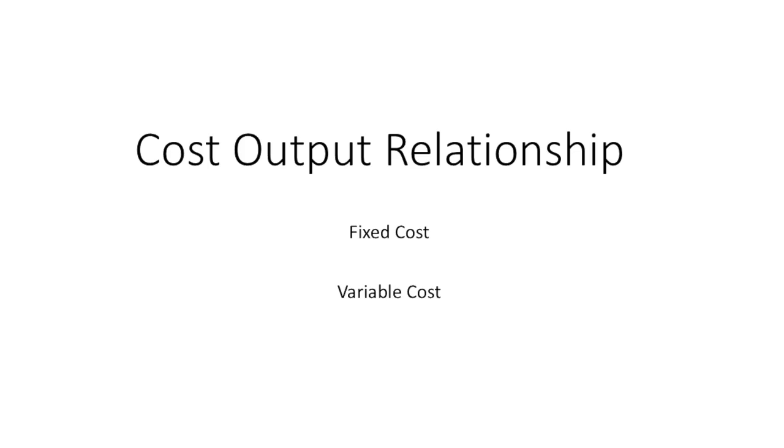These costs are to be incurred by the firm even if the output is zero. Even when nothing is produced, we still have the fixed factor inputs like land, machinery, and the building. Everything is there. That's why the fixed cost always has some value. It will not be zero.